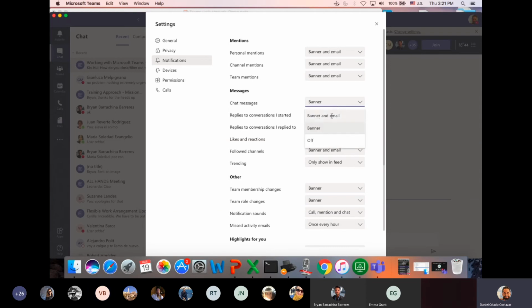And if you want a banner and an email every time that something is said within a chat that you belong to, you will be receiving, besides the banner, an email, which I don't know whether that's interesting, because you will be swamped with plenty of emails and notifications. Okay, but you can actually